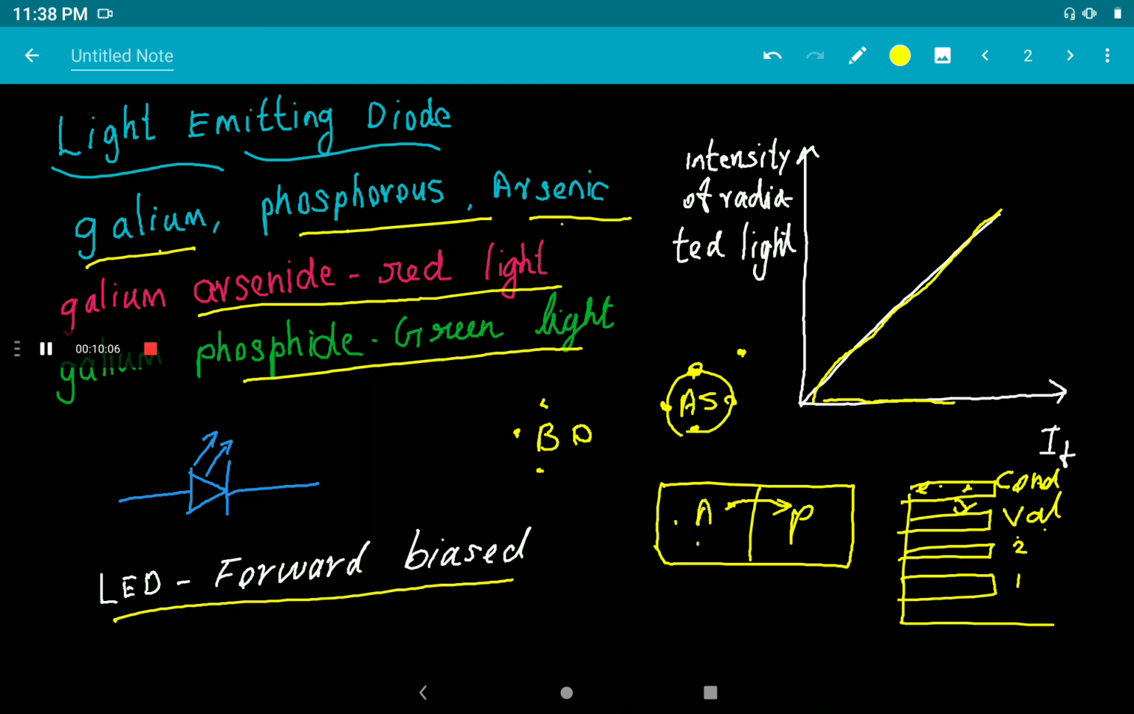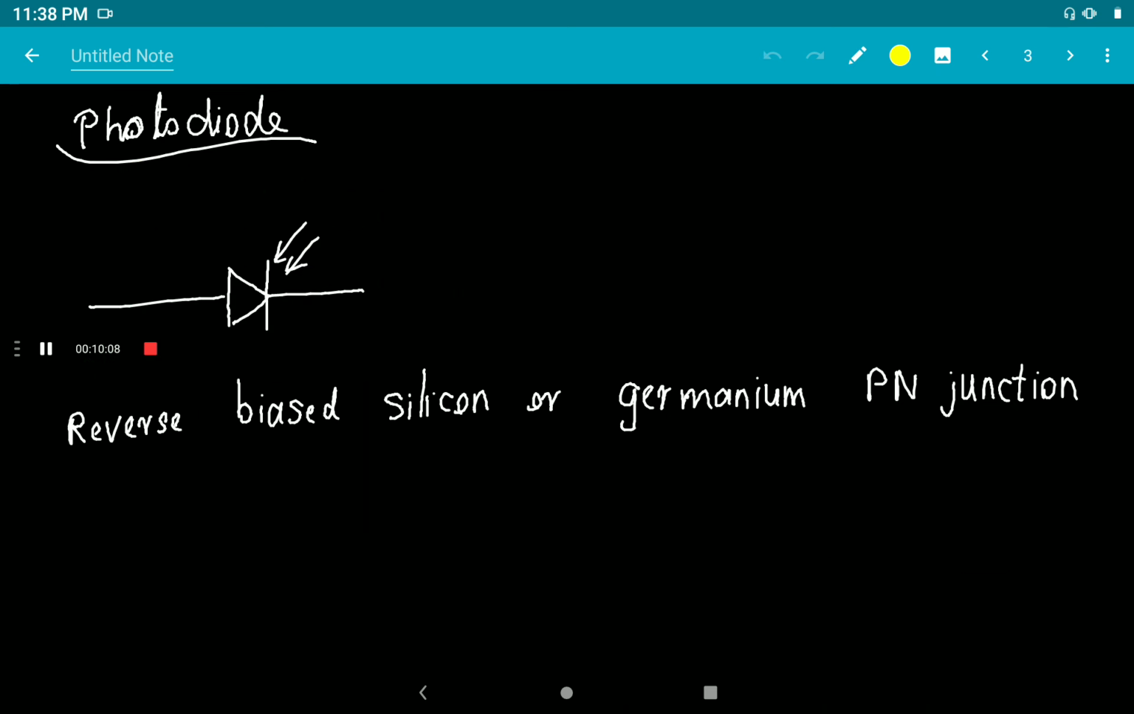Okay. And the next one is the photodiode. So a photodiode is a reverse biased silicon or germanium PN junction. This photodiode works in the reverse biased condition, in which the reverse current increases when the junction is exposed